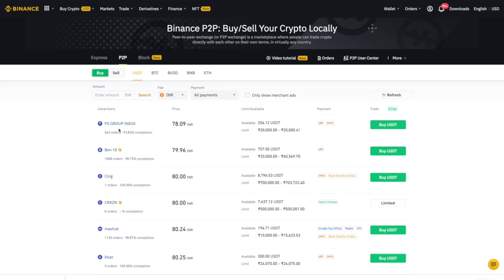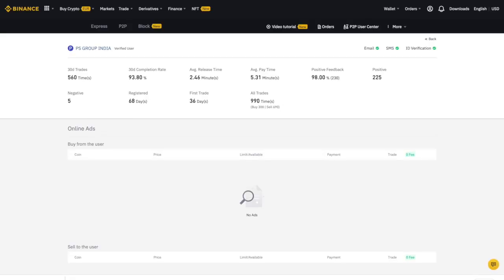After that, here you can see there are different vendors who are willing to sell their USDT so that you can buy. Here there's a rate which they are offering, and here is the limit up to which they are willing to sell the USDT. To the right over here, we have the payment options which they are providing. Apart from this, what you have to look for is also how many positive and negative feedbacks the vendor has. So here this vendor has 225 positive feedbacks and only 5 negative feedbacks, which is a very good rate. So you can go forward with this. But if a vendor has more negative reviews, then I would say just avoid those vendors.